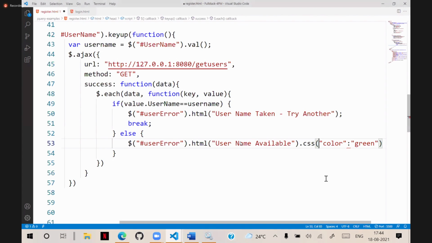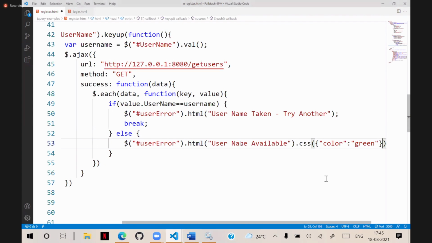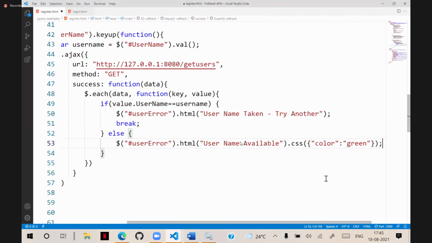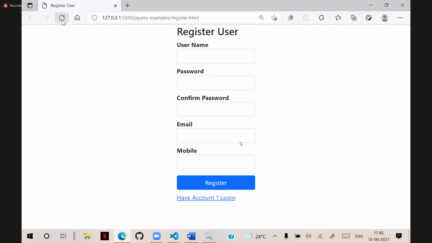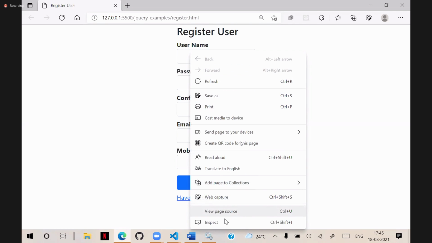We already know that, right? That means we need to configure this as an object with a key and value reference. So that is how you can dynamically apply the option and configure that. We need to display this. This is verifying from the database. When the user is typing, we have to verify from the database. That means when the user clicks register, it should say username is taken, and it should display that. And when the user is typing, it should get that message and display it.